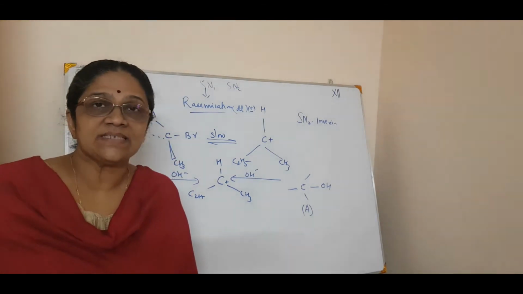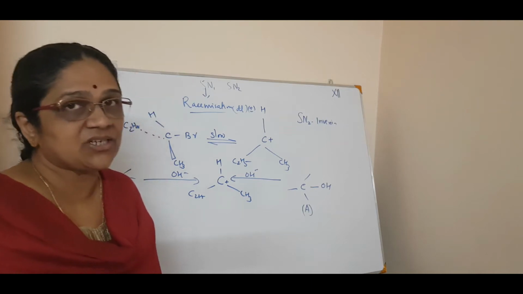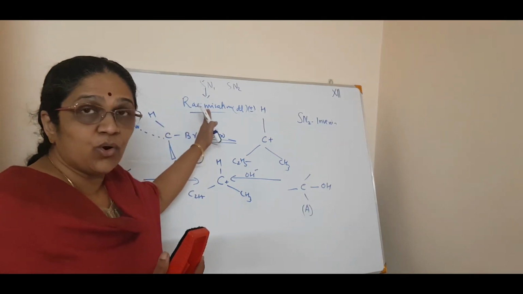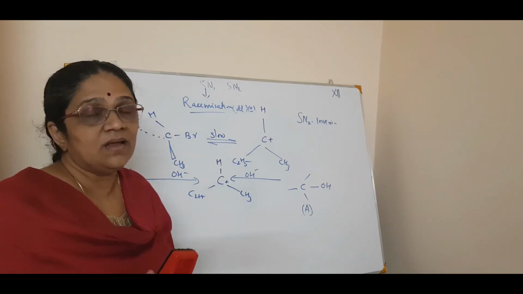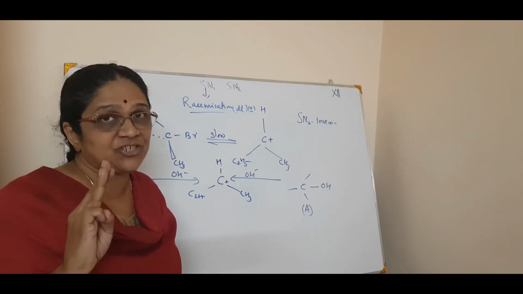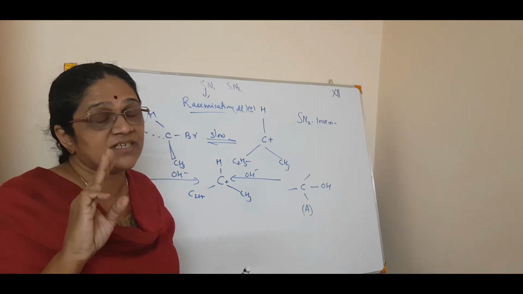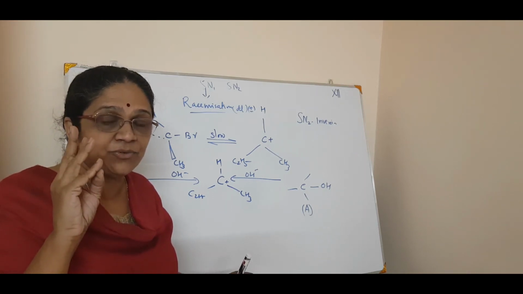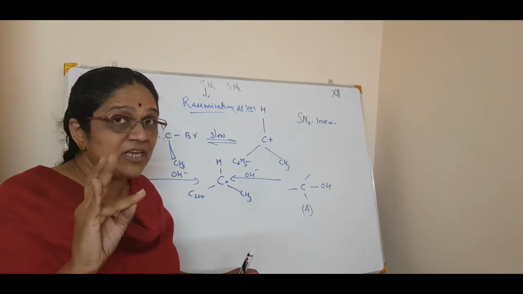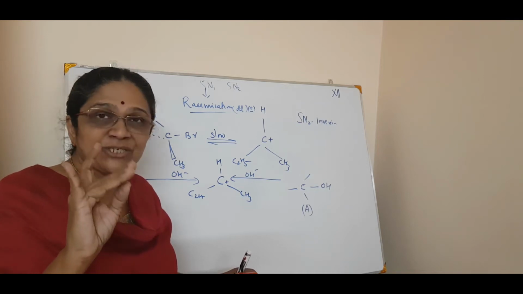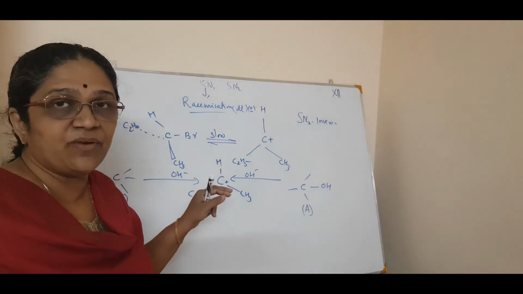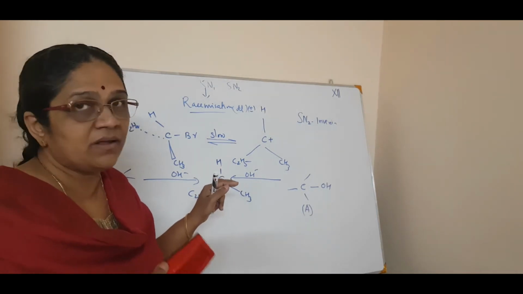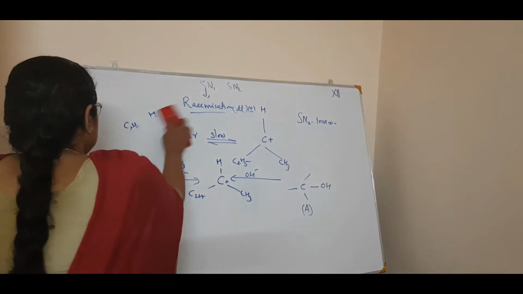Now, the next is, we will pass on to the second reaction. So this is all about the nucleophilic substitution, bimolecular and unimolecular. Now there are three reactions, as I already told you in that first session: substitution, nucleophilic, then elimination reaction and reaction with metals. So now we will pass on to the second type of reaction, that is elimination reaction. So we will see that.